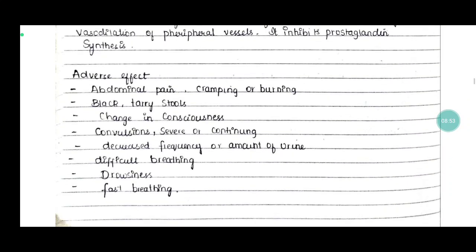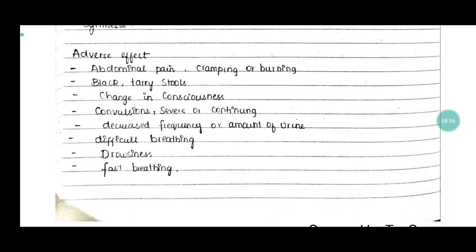The adverse effects of aspirin are abdominal pain, cramping, or burning in the stomach, black and tarry stools, change in consciousness, convulsions, severe or continuing decrease in the frequency or amount of urine, difficulty in breathing,